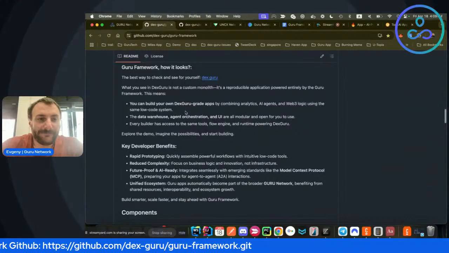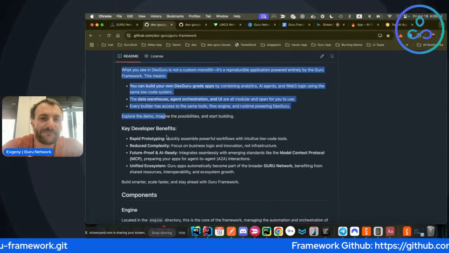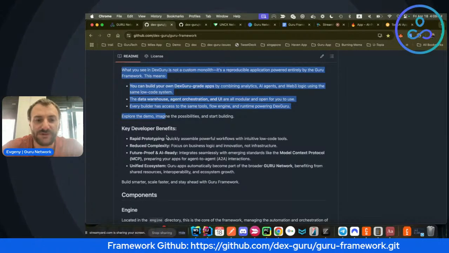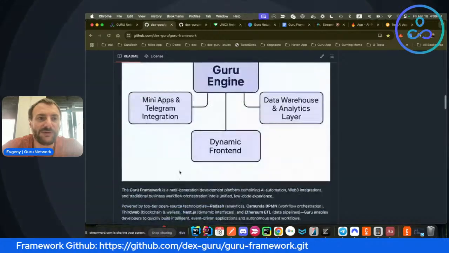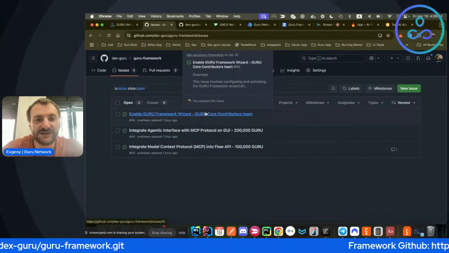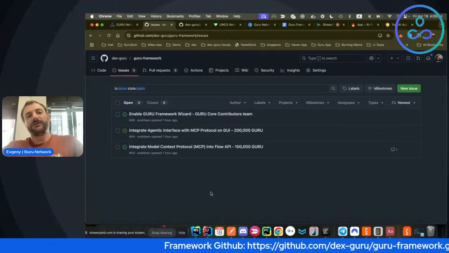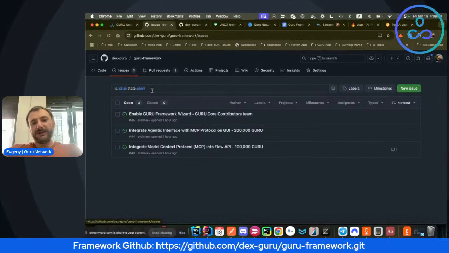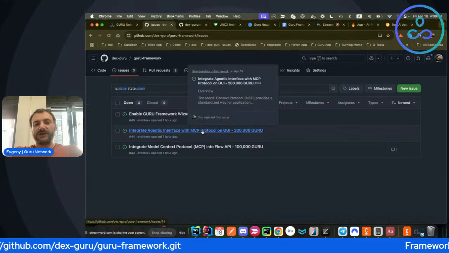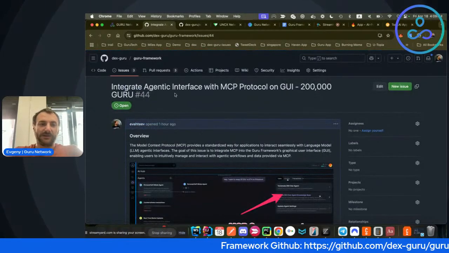So that's what the Guru framework consists of, and along with publishing it, making it more available for broader usage, we are starting a new program here for developers. We are starting to expose our tickets board towards the public. So we started creating issues in our GitHub repository, and for those issues with tickets which are expected to be done by the community, we start placing rewards in Guru token.